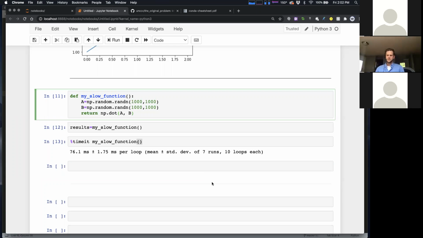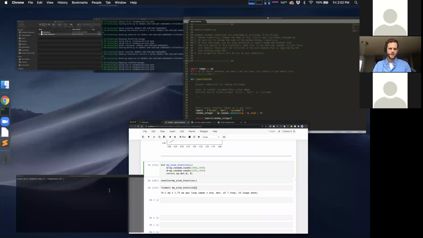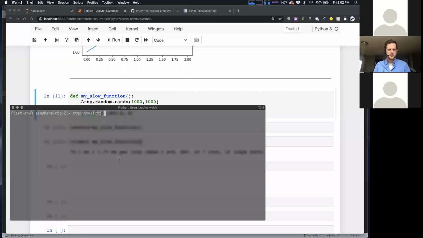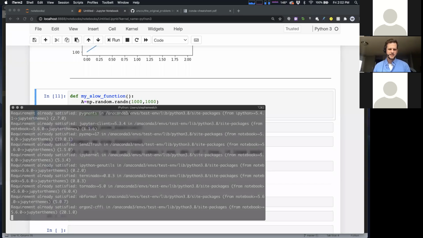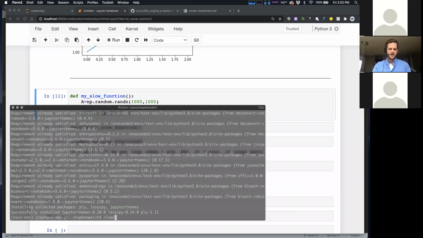Do we need to use Jupyter themes? Can you show a small demo? Yeah, absolutely. This is in the README here. I personally use Jupyter themes less than I used to, but let me just show you. They're pretty cool. You may want to change how your Jupyter notebook looks, right? So first of all, there's this package called Jupyter themes. And if you don't have it, you can just do pip install jupyterthemes like that. And it should install this package. I think I already had it installed. Cool.